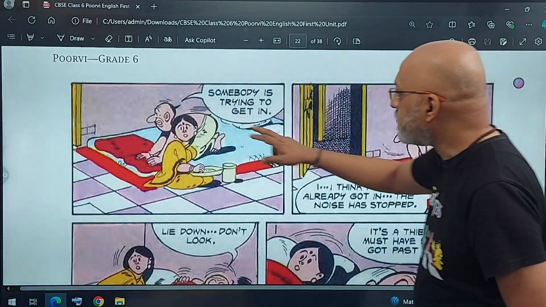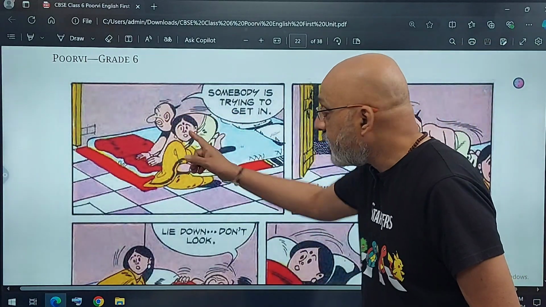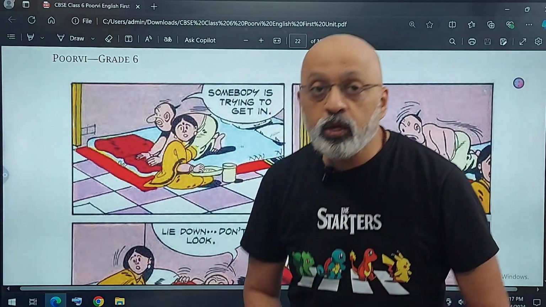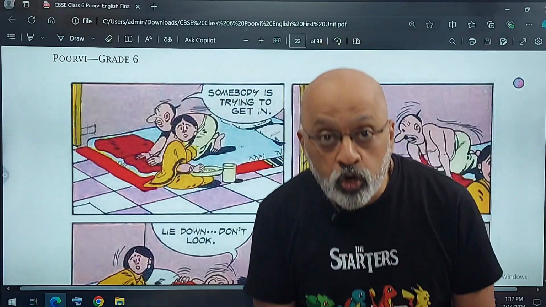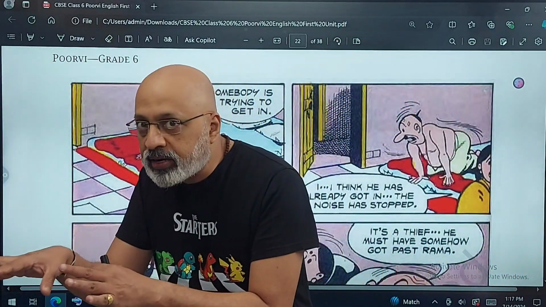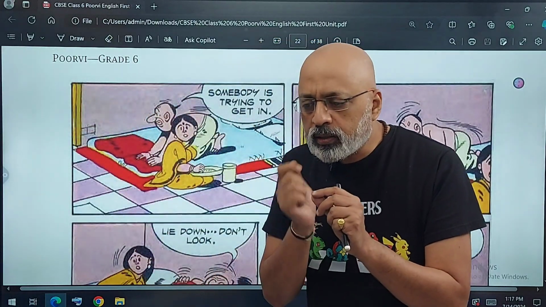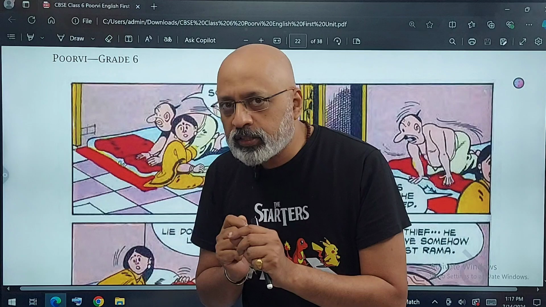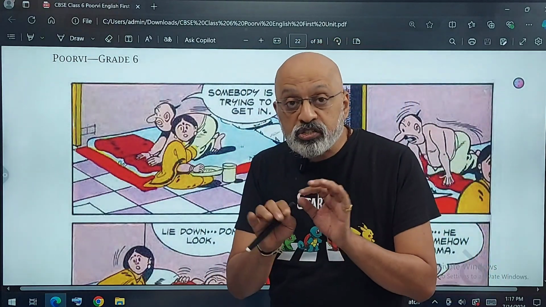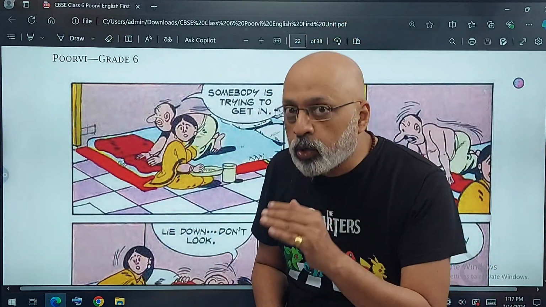Now she says somebody's trying to, and then when he listens, he realizes that somebody is trying to get into the house. Somebody is breaking the wall and trying to get into the house. Now that's dangerous. Just imagine you are at night. रात के 10 बजे हैं, 12 बजे हैं, 1 बजे हैं. आपको ठक ठक ठक ठक ठक ठक आवाज आती है. As though somebody is trying to break the wall or somebody is trying to remove the glass from your window and trying to get in.